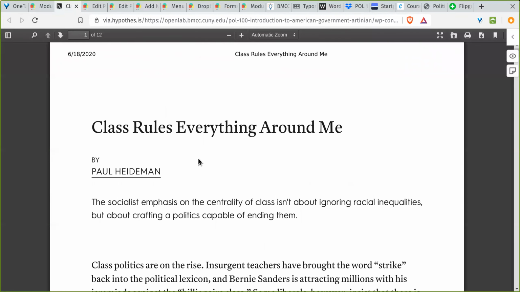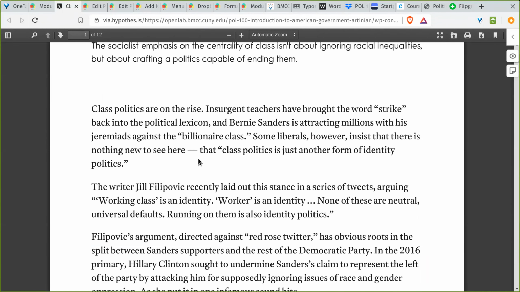So just to scroll at the beginning, this reading basically makes the point that social class is a very fundamentally important way to look at American politics, and it makes the case why class is different from identity, such as gender or race. Okay, so all three are important parts of American politics, but class is different from an identity. And here, just to connect our conversation of ideology, this reading makes the point that liberal ideology thinks of social class as just another type of an identity, like somebody's racial identity or ethnicity or gender or sexuality.